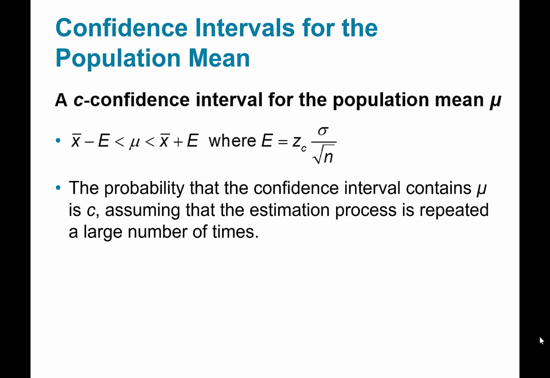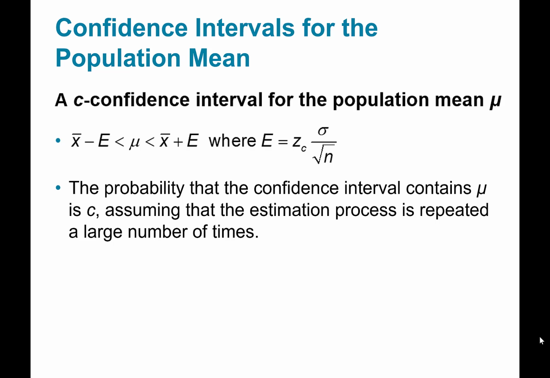Okay, so now that we know how to calculate the margin of error E, let's talk about how we actually build that interval estimate for our population mean mu. So our confidence interval is what we're going to call this. In particular, it's going to be a C confidence interval, where C is our level of confidence. To do this, all you're going to do is add and subtract E from your point estimate, the sample mean X bar,